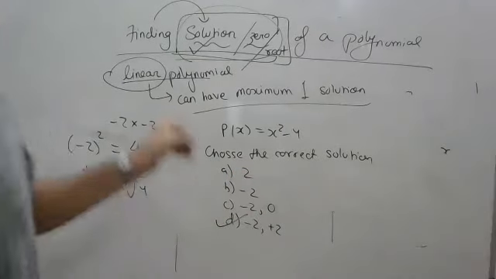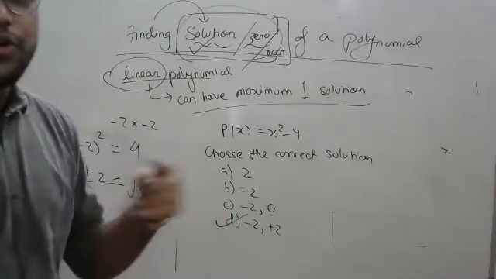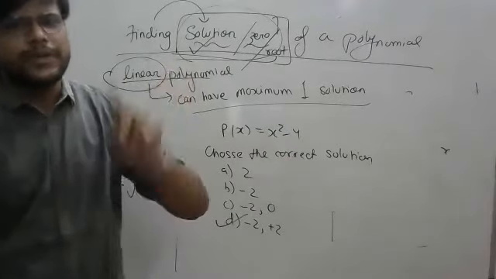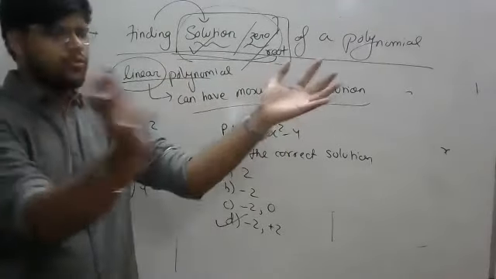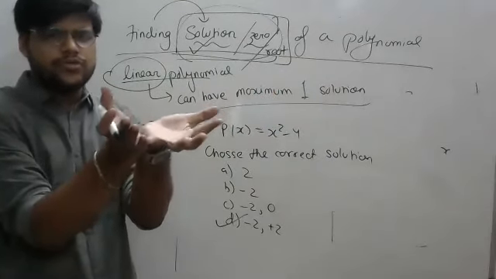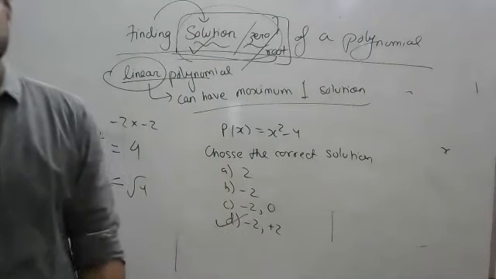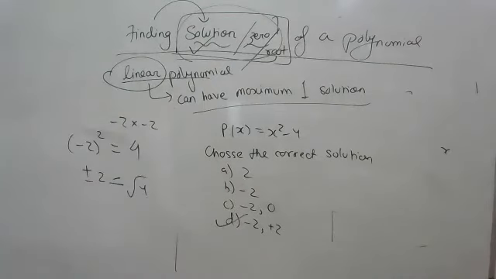Only selecting 2, then you cannot ask me to give half marks. No, that option is wrong because x square minus 4 has minus 2 and plus 2. 2 answers are there, and both of them are considered as one single solution. You cannot consider only 2 or only minus 2. This would be your answer. Okay. Any doubts here?